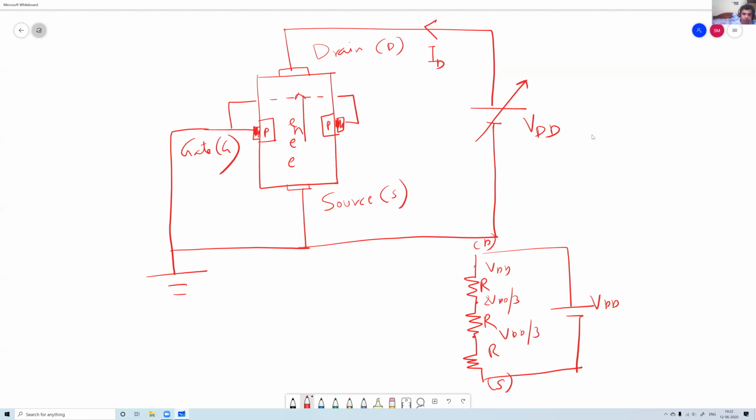So as we go up, the reverse bias for these two PN junctions will increase, and reverse bias generates a depletion region. So there would be a depletion region like this. It will be larger near the drain than near the source, something like this. And as I keep increasing the VDD, obviously the reverse bias voltage will keep on increasing, and the depletion regions will grow larger and larger. Okay. So far, okay?